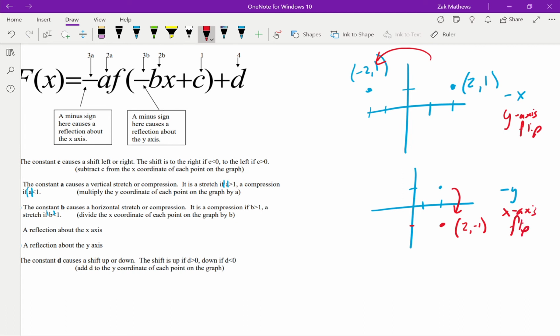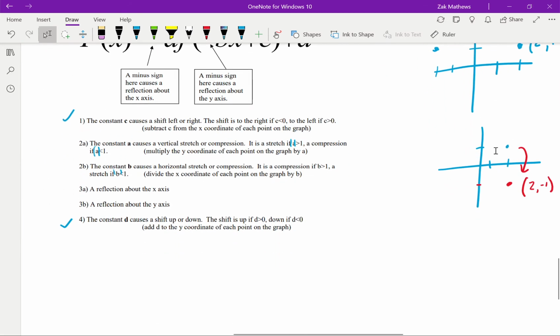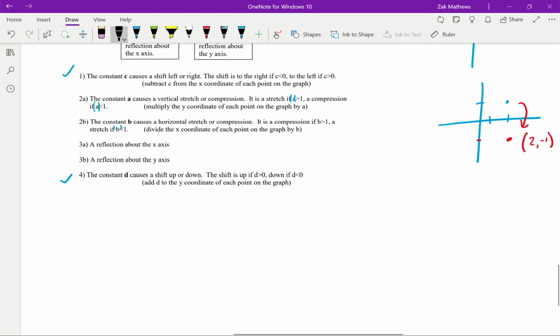So it is kind of backwards, but it's backwards on 2 fronts in a way, right? We do exactly what the problem tells us to. We make the y negative, we make the x negative, but that causes a reflection about the other thing. Okay. So to boil all these rules down a little bit, if we